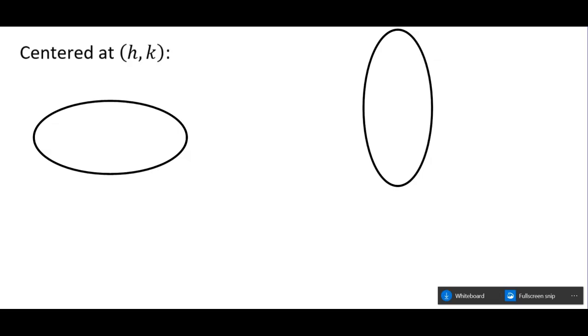Now we're going to talk about an ellipse that is not centered at the origin, but centered at some other point, (h, k). We use (h, k) to represent the center. So this point right here in the middle, that's going to be (h, k). So you've got to remember that. All right. We still want to know the coordinates for the vertices, though.